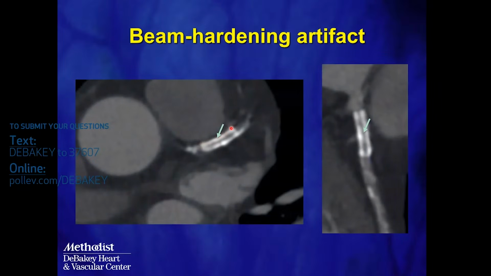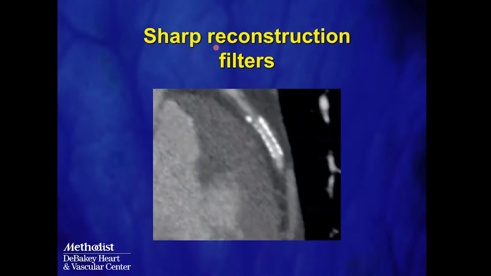So you can see this is a case of a proximal left anterior descending stent, and you can notice that these energies are being attenuated, and they create what we call this beam hardening or low density background in the middle of this stent, which might render the diagnostic accuracy for assessing stent patency less. Having said that, we now have sharp reconstruction filters on CT that are able to decrease this artifact in the middle of the stent, and now we can see a much better visualization of the stent and the contrast